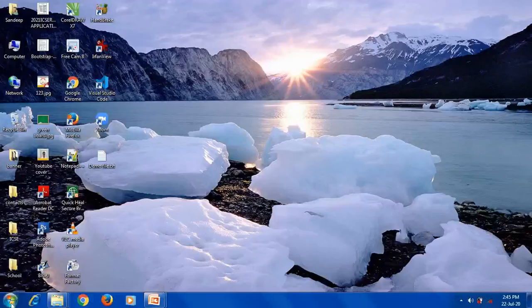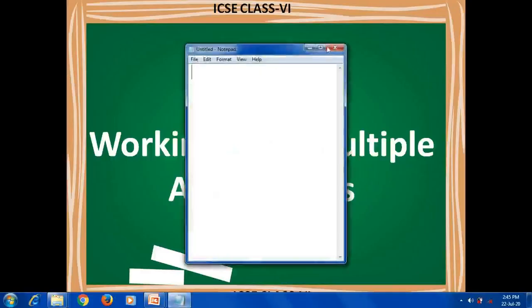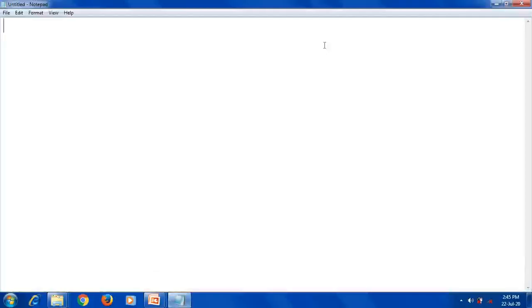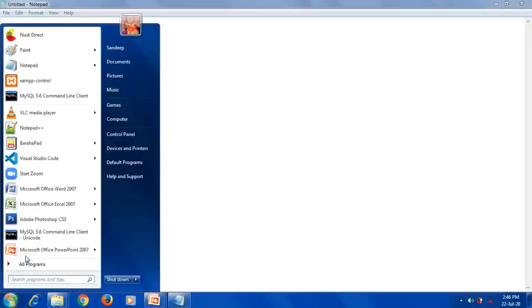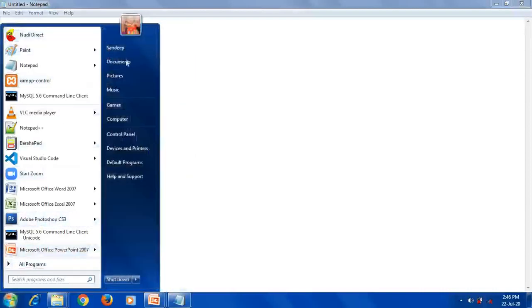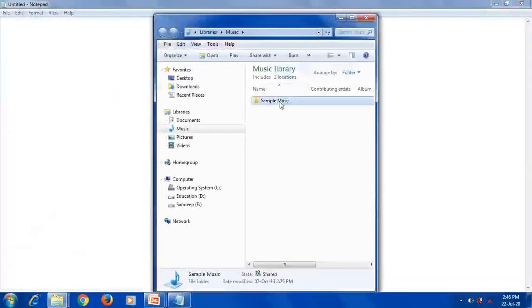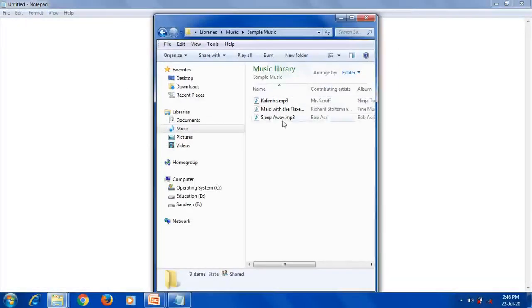See, now I will open Notepad. In Notepad I am going to type. Before typing I want to play some songs or music. We'll see, the music files are there, sample music will open, then I will open this Sleep Away.